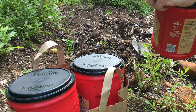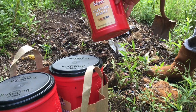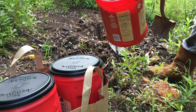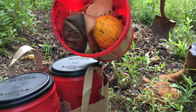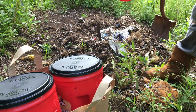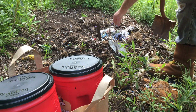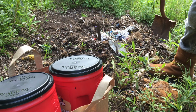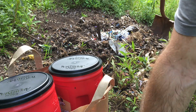All right, I'll show you one thing we do with our compost. We use these coffee cans. Probably shouldn't be showing the Folgers label. We use these coffee cans, and you can see we put all sorts of stuff in here. A lot of coffee, but you can see that last part that came out was shredded bills and junk mail. So in order for me to get my nitrogen carbon ratio pretty close, which I'm not a fanatic about,